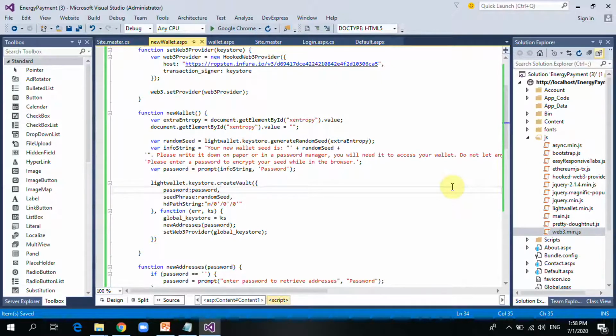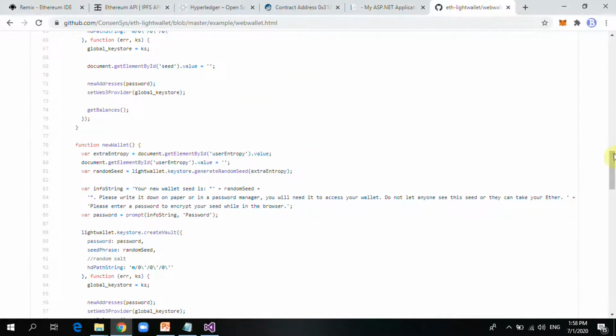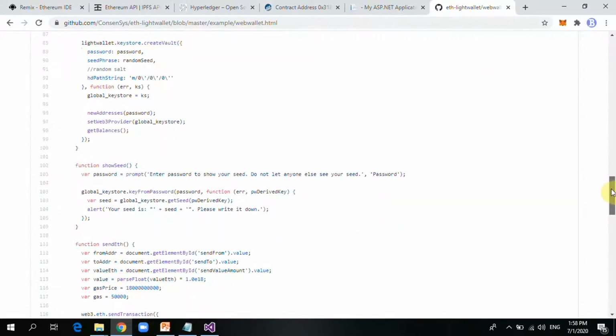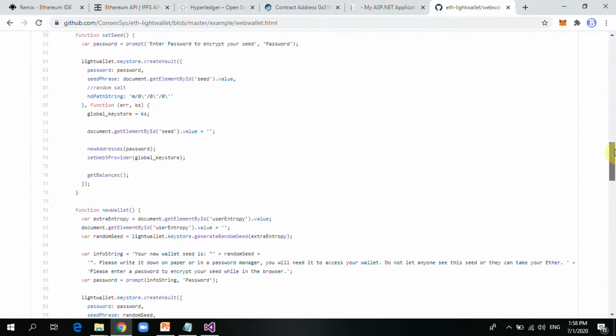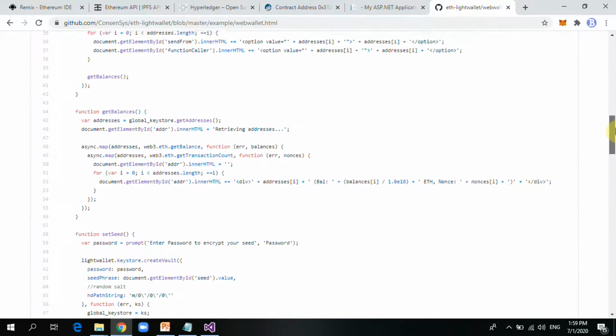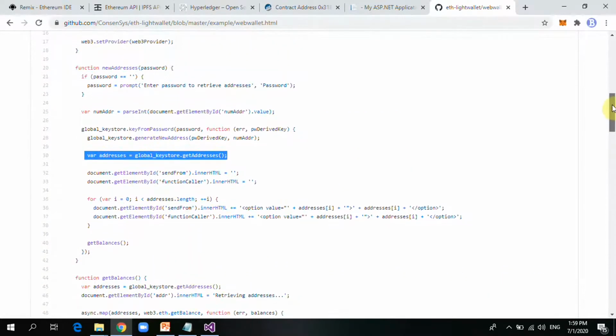and what we need to do is to retrieve balance. And if you look at etawallet.com, the light wallet, sorry, you can see they have a code for retrieving balance, which we have here. They have this get balance, right? So what we're going to do is once we click on the login button,